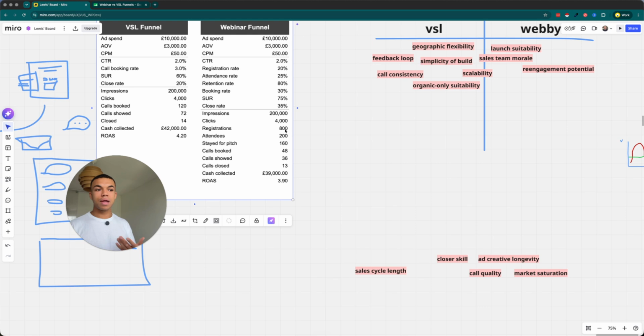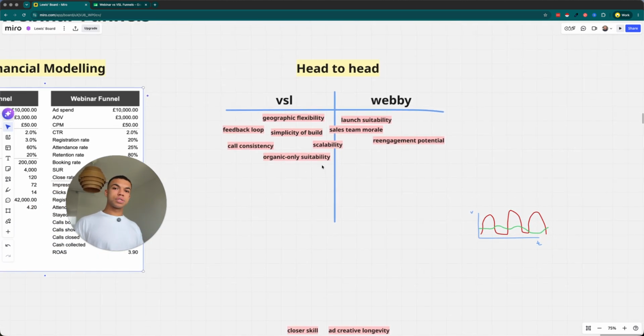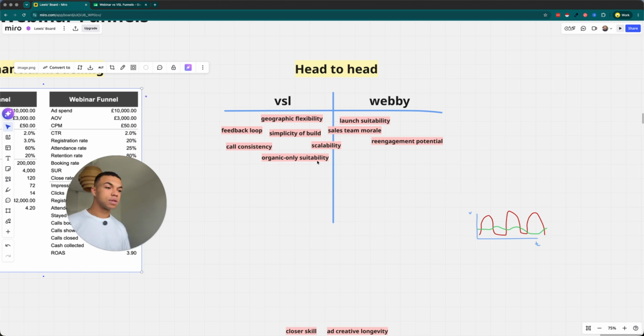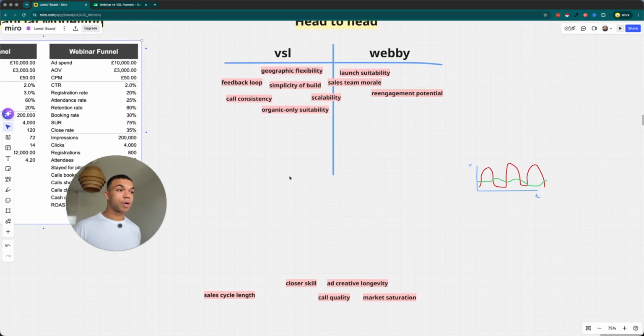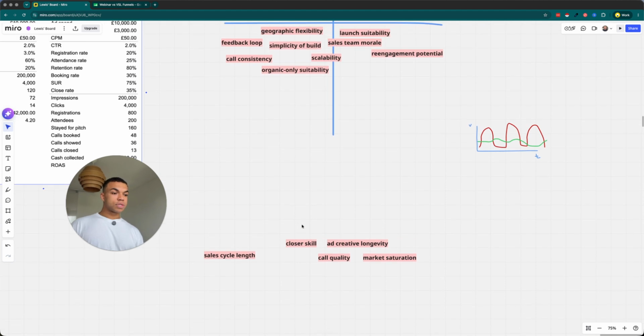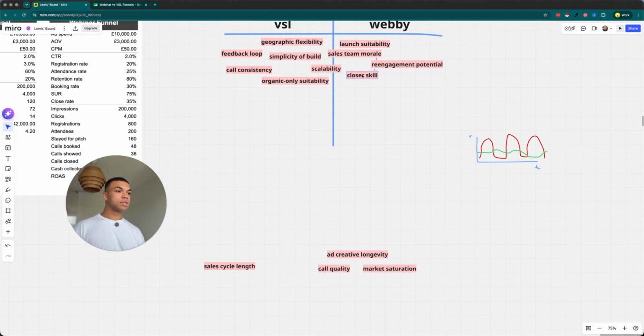Like we're looking at 800 registrations for a £39,000 webinar. So we're looking at fairly large numbers of people that are actually showing up to these things. Closer skill leans way more towards webinar. They've already been pitched, basically. They're already familiar with what the offer looks like. They probably just need to know the price, and it's going to be more of a formality when it